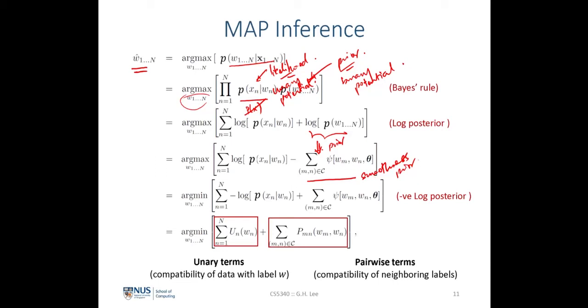possible. The next thing to do here would be to change the maximization into a minimization, or the negative log posterior distribution here, by simply applying a negative throughout this probability distribution over here and changing the argmax into an argmin. So the reason why we want to do an argmin instead of an argmax over here is that, as I have mentioned in the start of the lecture, we will solve this inference, this MAP inference, using the